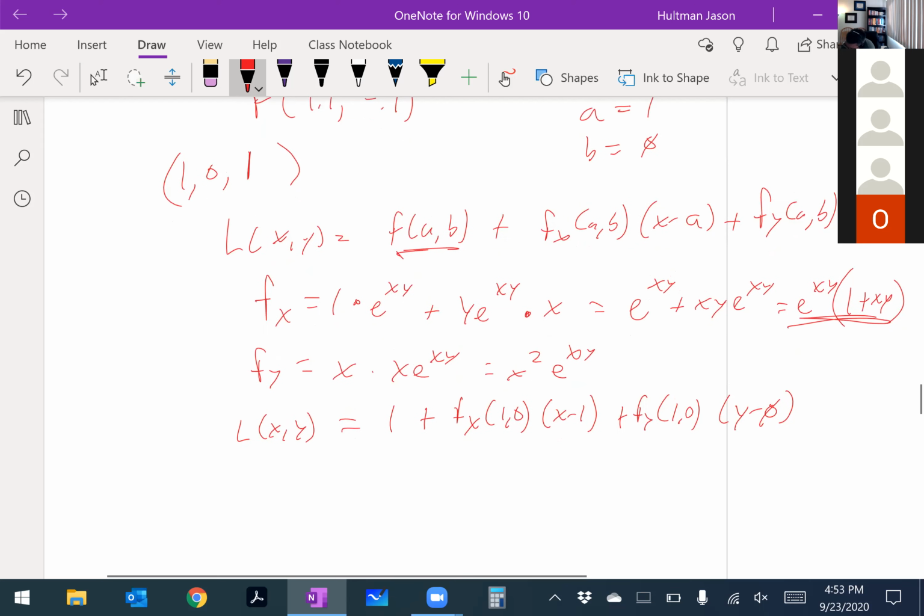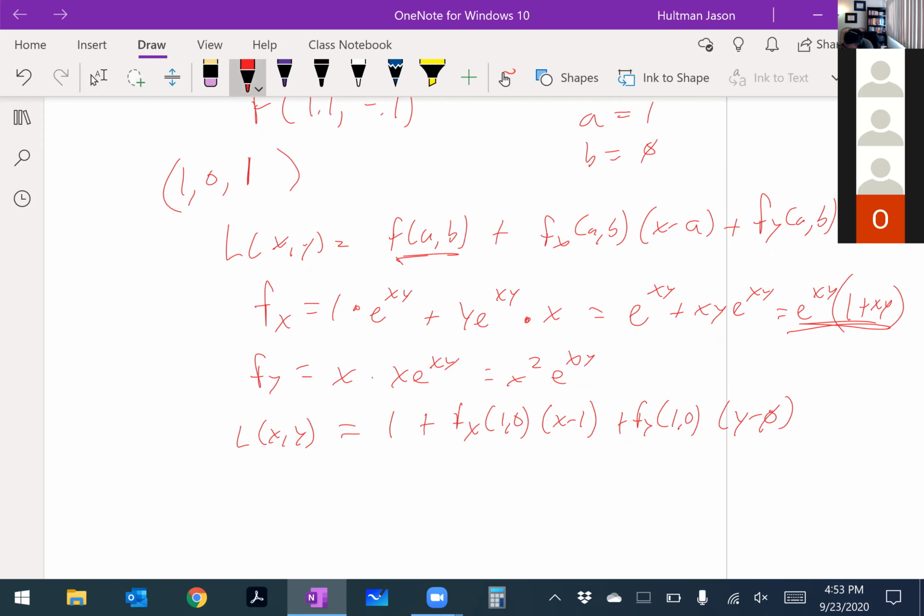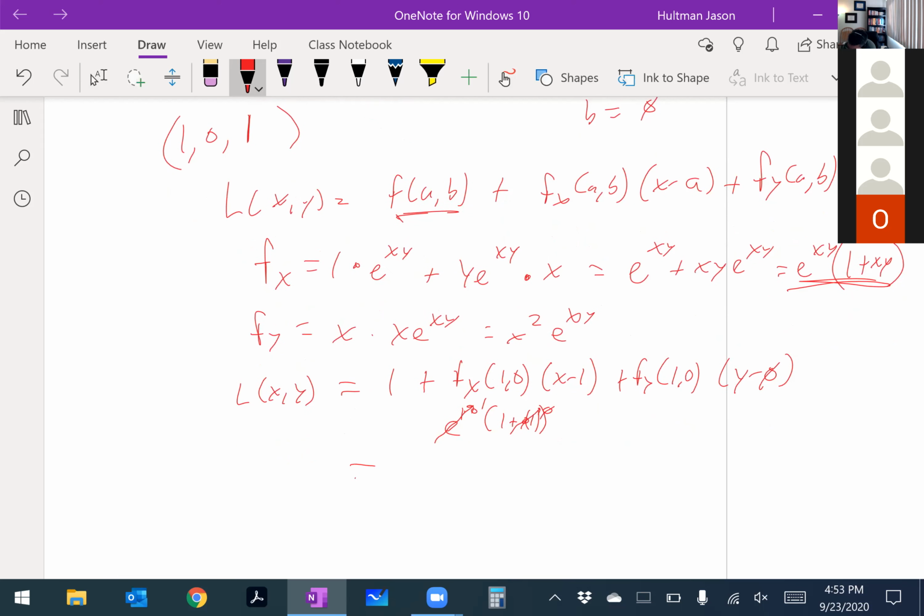What is this going to be? Well, this is e to the 1 times 0, times 1 plus 0 times 1. That whole thing goes to 1. So this just becomes 1 plus x minus 1, plus